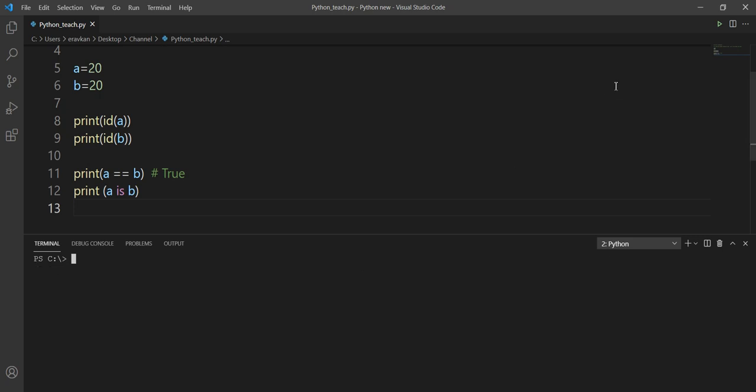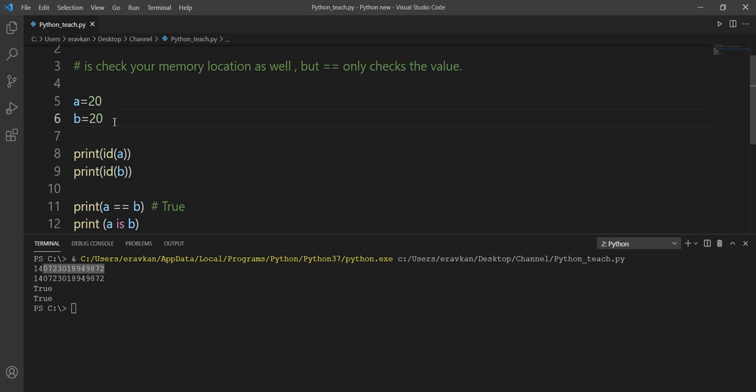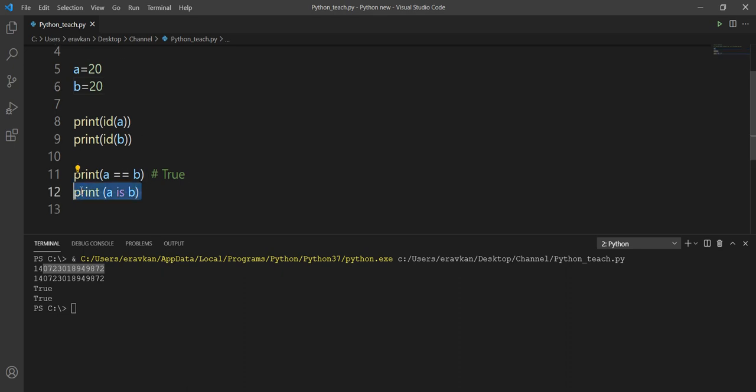Okay, let me run it again. So now true is coming. See, the memory location is also the same. So for objects in which the memory address is the same as well as the value, in that case is will also give you true.